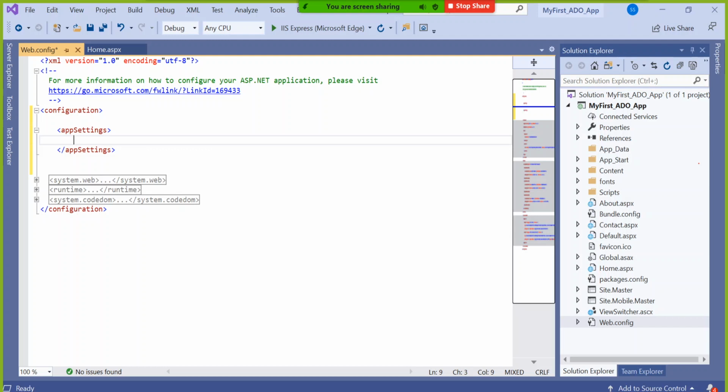Okay, so I want to set up database name, table name, user ID, password, etc. in one place, and I have to use it across the entire application, right? That's why it is called setting. In any mobile app, if you are chatting with 10 different friends, you go to setting and put one background or one wallpaper for all 10 different chats at a time. You make a setting, right? It is something like that. So web.config will have settings for the entire application, if any. So what I do here, I will say I want to define a connection string.